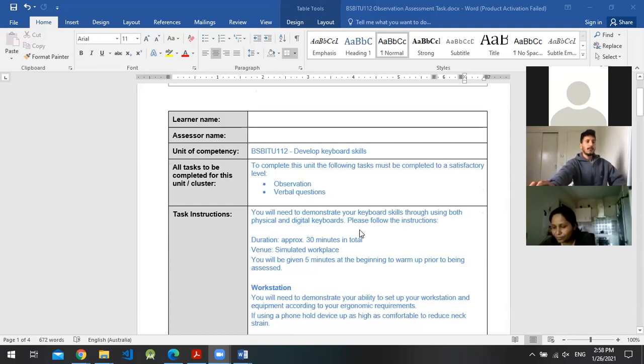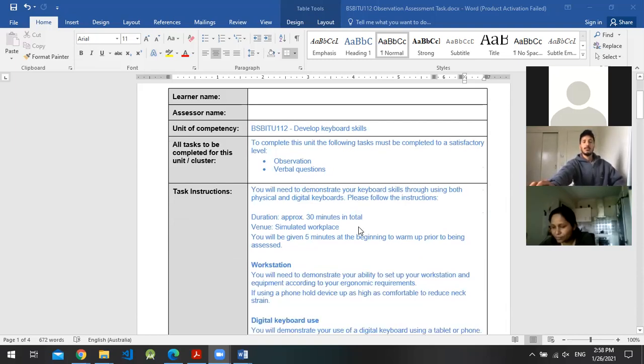Before that, let's introduce this observation task. Are you able to hear clearly so far? Yes, I can. The observation task has five tasks, and all five will take around 30 minutes, half an hour. We're going to do this in a simulated workplace through the Zoom application.